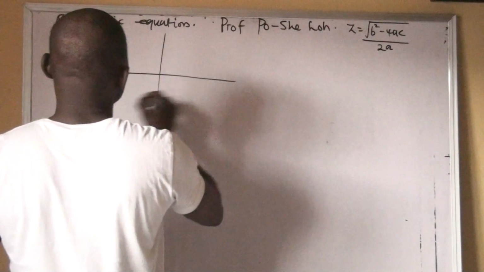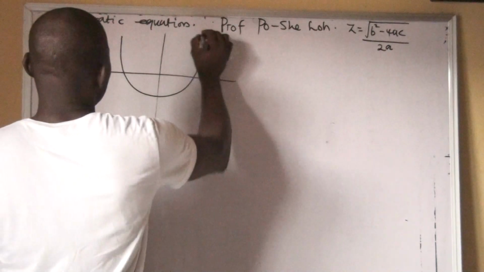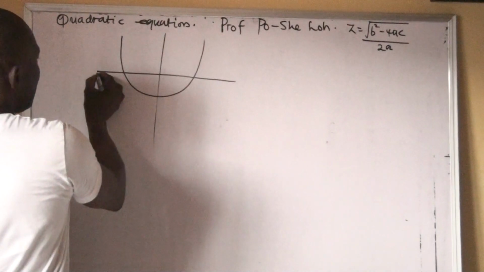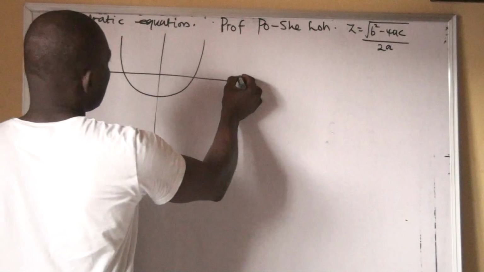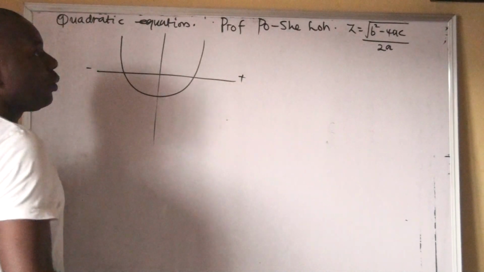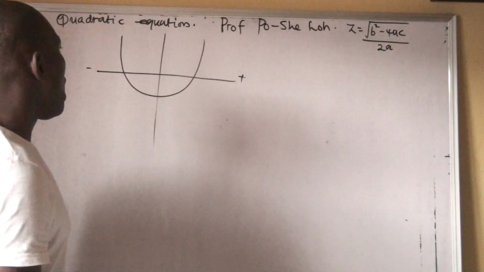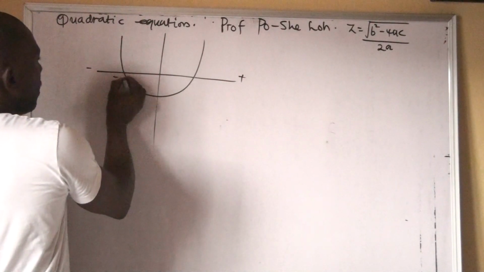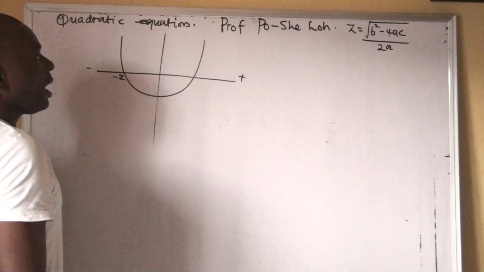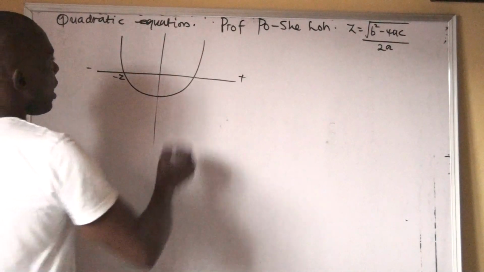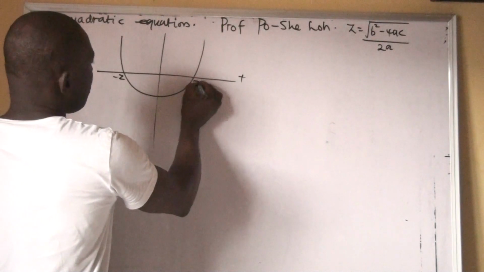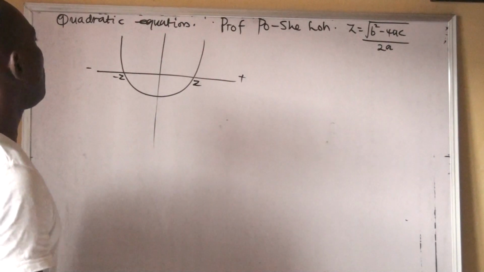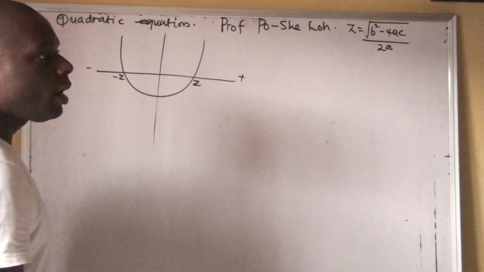The first thing we have to do: we know that in a quadratic equation, usually we have two roots. On this side the curve is negative, and here it is positive. If we say the curve crosses the x-axis at one of the roots, I will assume it is minus z. On this other side it will be positive, which is just z. Then it is possible that we can obtain the root